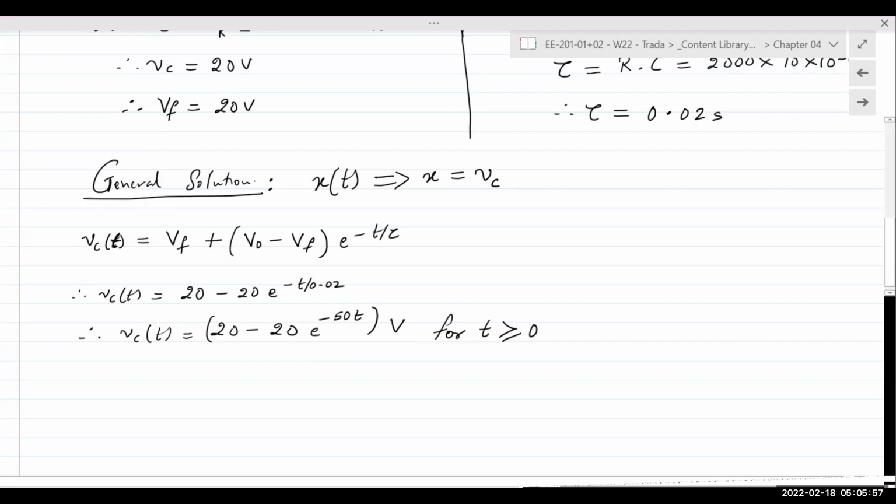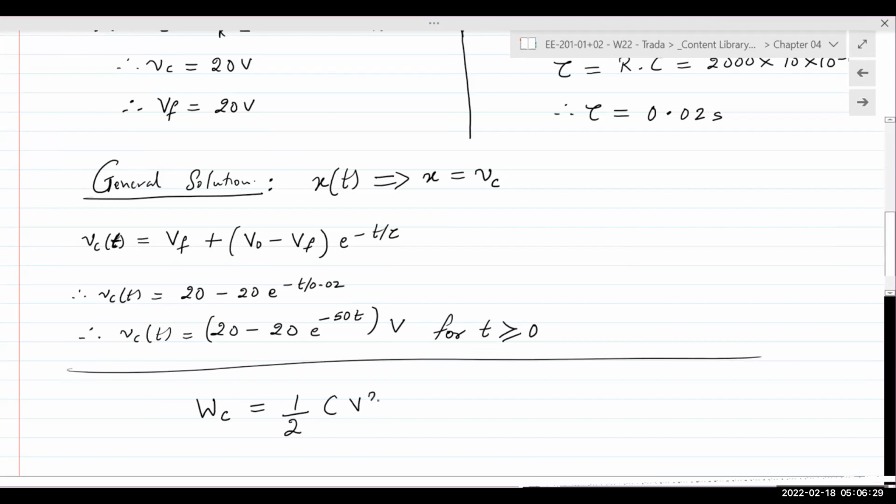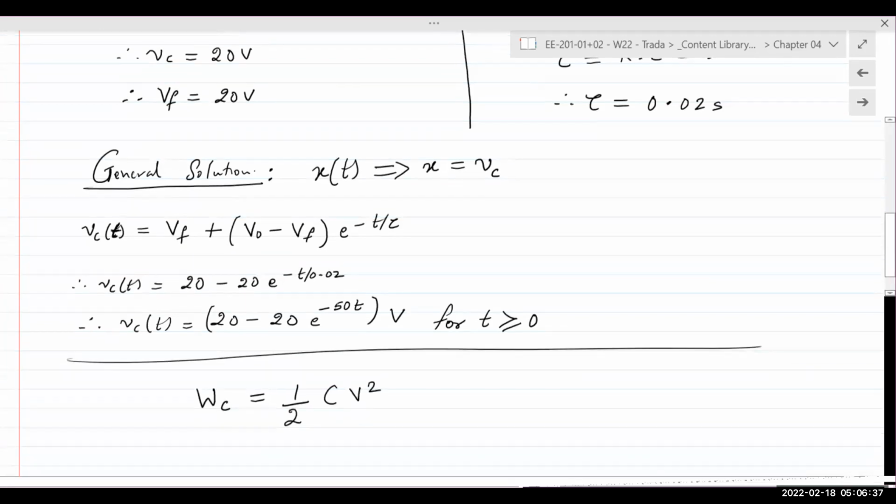Right, so those are the 3 example problems. Now in the homework, there are some problems relating to energy. There's also a question where it asks you to determine the time required for the voltage to reach half, or the energy to reach half. In those homework problems, you would use the equation for the energy as half CV squared, and half energy means 50% of the energy. You would calculate the voltage required,